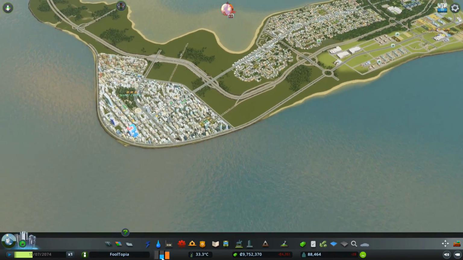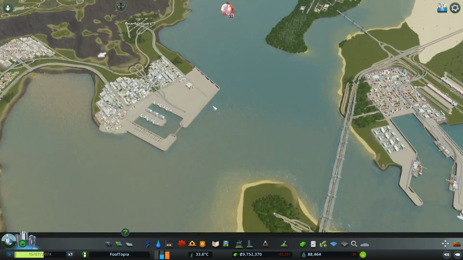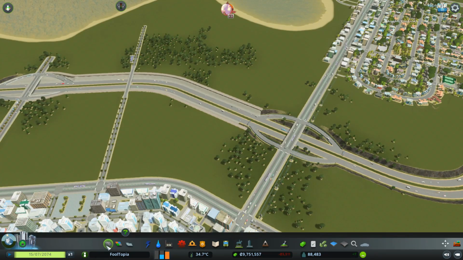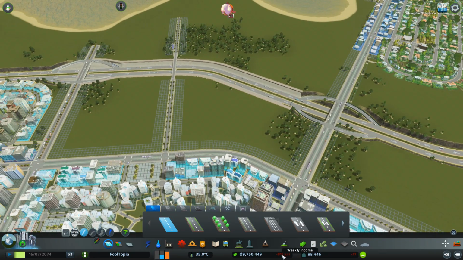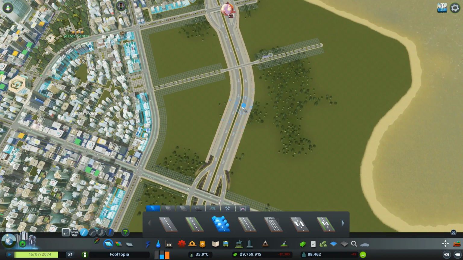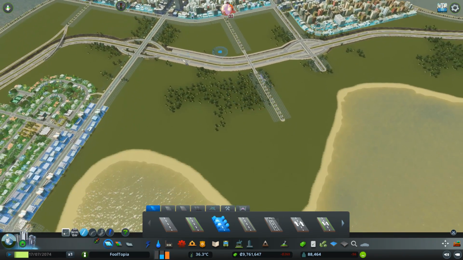Because we have a nice commercial and industrial demand. Might add some factories over here, but let's get this all up and running anyway. So, we need to get some zoning in so we can get our weekly income back up again as well. So I need more crossings over this when it comes to building up more stuff